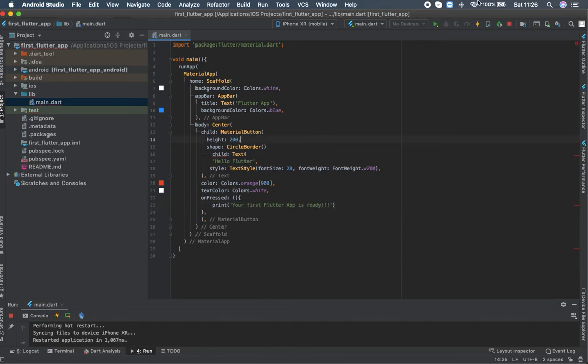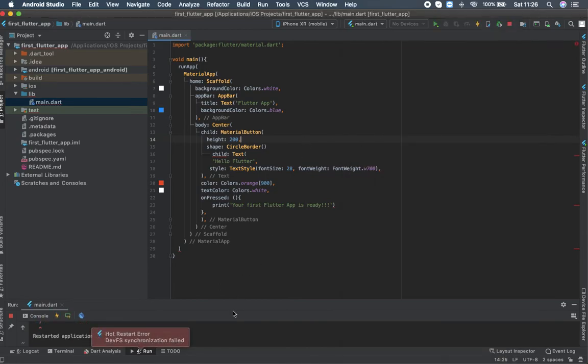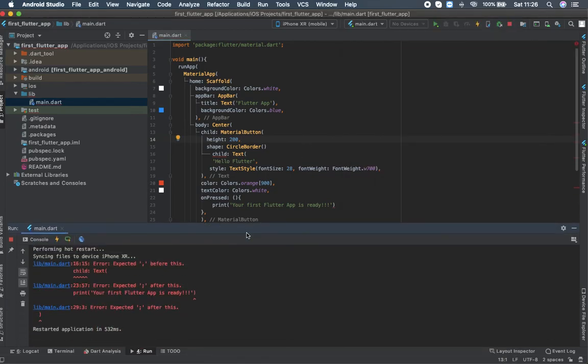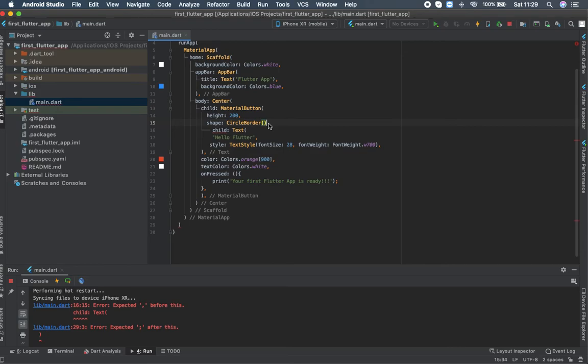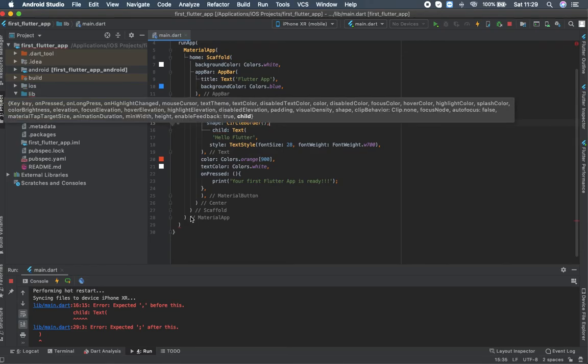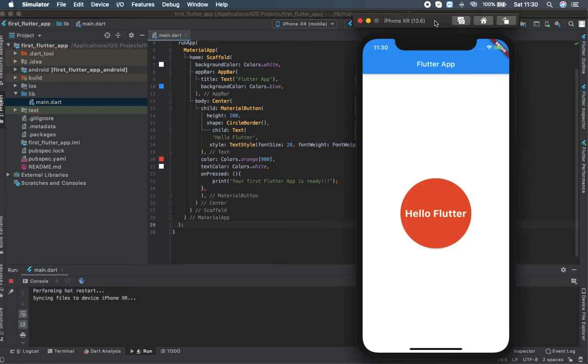Alright, so we will run and check what it does. I have here an error. So yeah, I need to put here some commas. These things are very important that you must consider while doing Flutter. You must have given commas and semicolons wherever necessary. So I'm putting here, I missed one comma over here, one over here, and here. So if I try to run now, it will run,